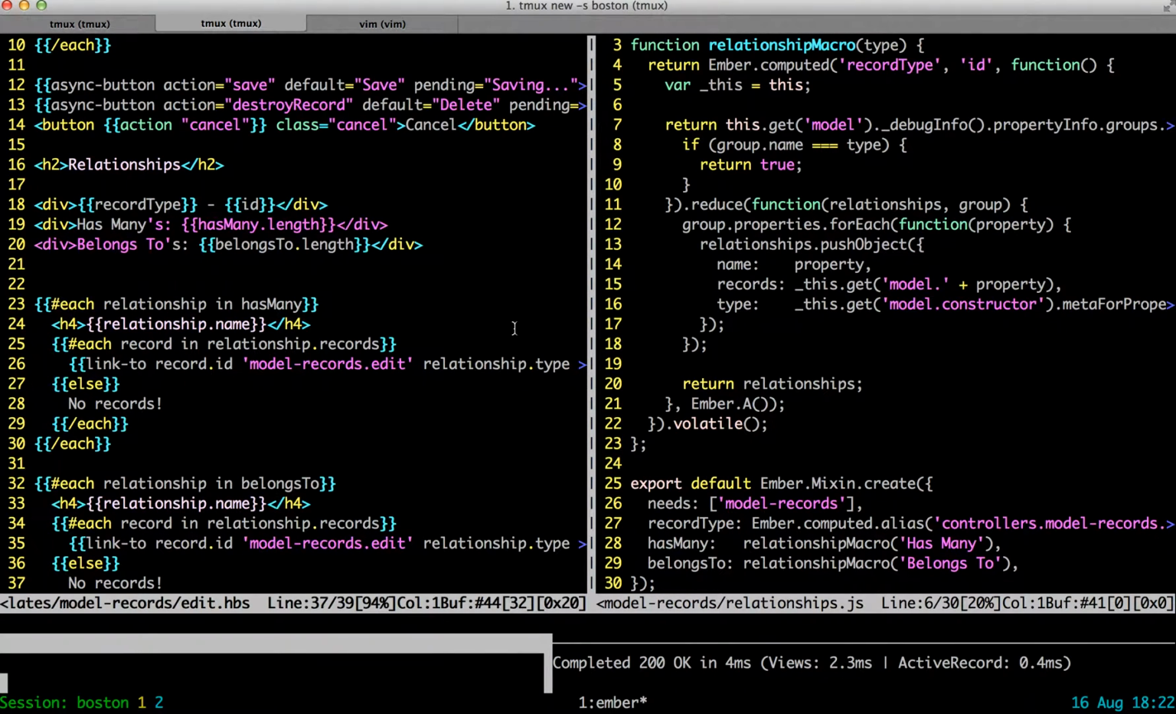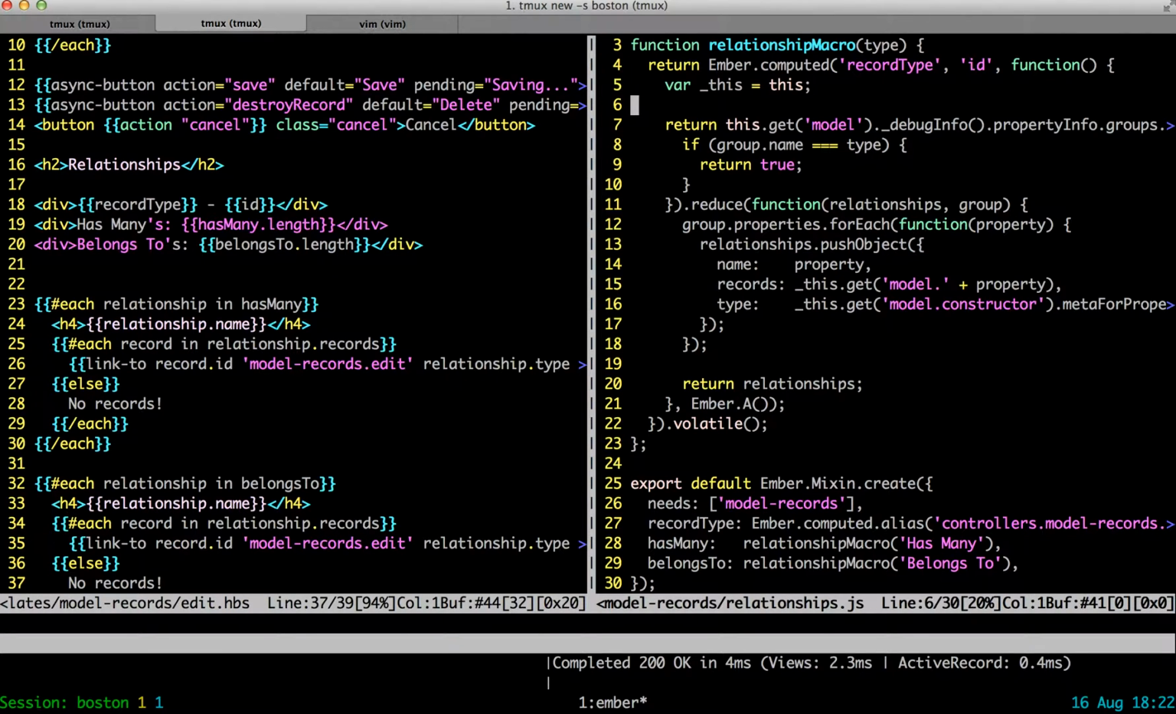So I want to show off a problem I'm having with computed properties, and perhaps somebody has an immediate answer for this. That would be really, really nice. So this is a mixin for an object controller, and I don't really need to go into too much detail